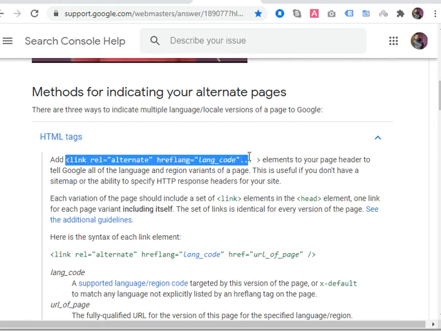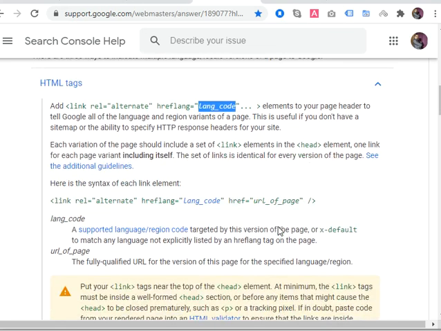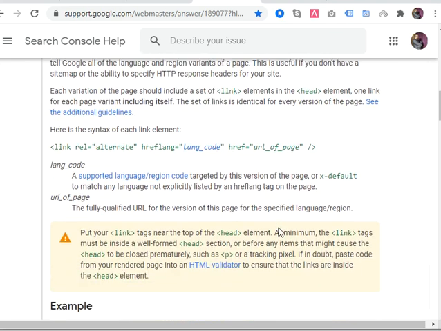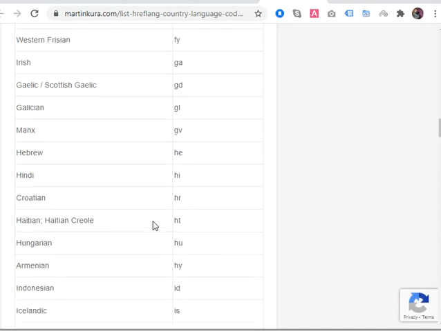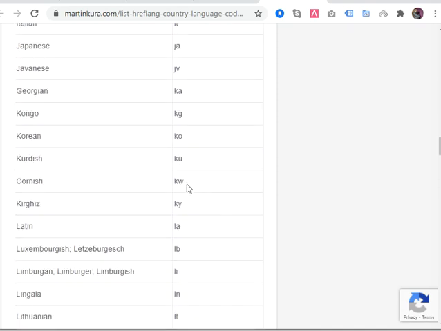If you implement it on a particular link, then you place link rel alternate with hreflang equal to the code. One language is English, and the alternate is this one. So it's very easy to implement. The implementation of this code is very similar to the implementation of nofollow and noindex, so there is no need to be worried. You just have to remember the exact language code of the country.